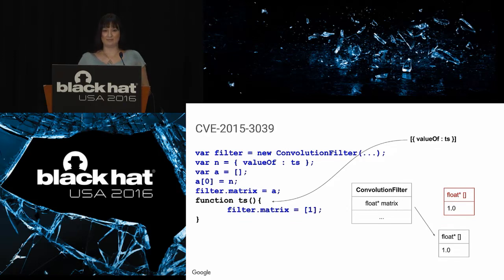The other two Hacking Team issues were exactly the same thing, more or less. One of them was when you were setting the value of a byte array. If that was an object, then you could delete the byte array and then use it after it's freed. Opaque background was if you set the background of an image, you could delete the image as the background was converted and then write to unallocated memory.